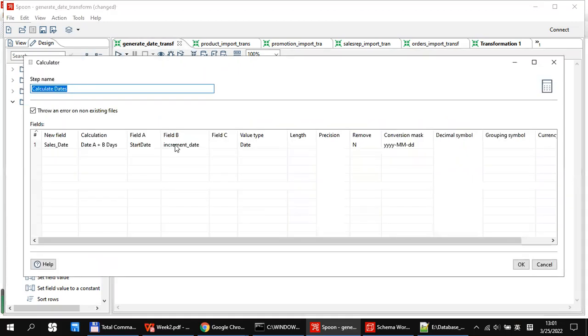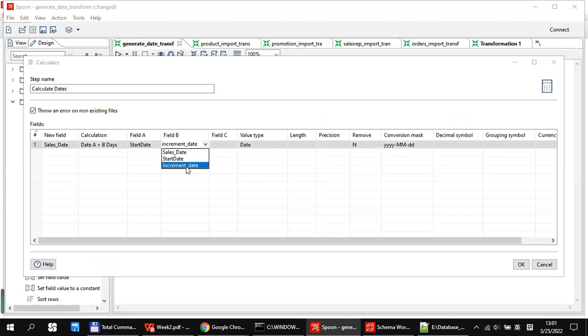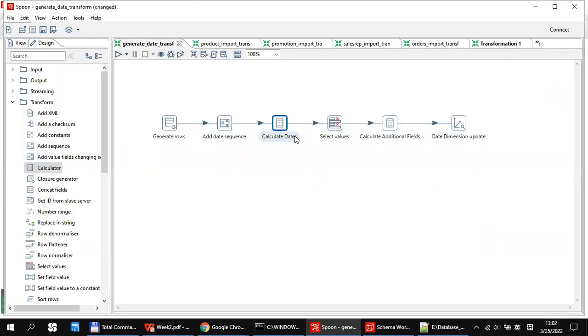So in the field B, you need to select the increment date, and the value type is date, right? And in the remove field, we need to select N, and the conversion mask. In the conversion mask, you need to specify the format of the data. So by the first 3 steps, in the first step we generate